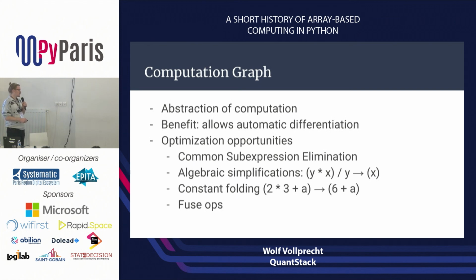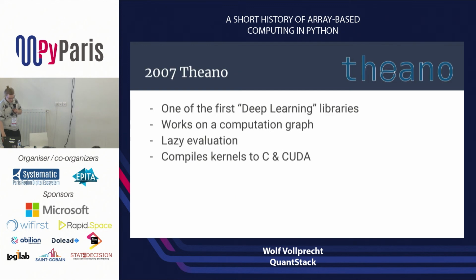Or you can do constant folding passes, where you see that you have a 2 times 3 and it never changes, so you just make it a 6. And you can fuse ops in inner loops. And I think one of the libraries that kind of pioneered this approach with a